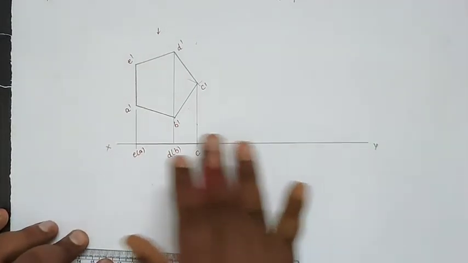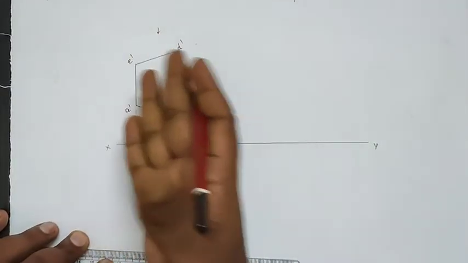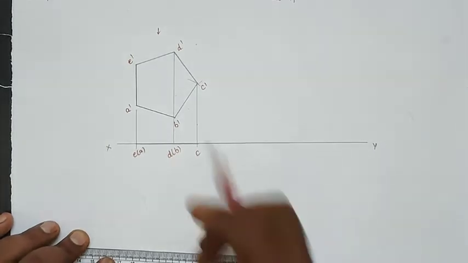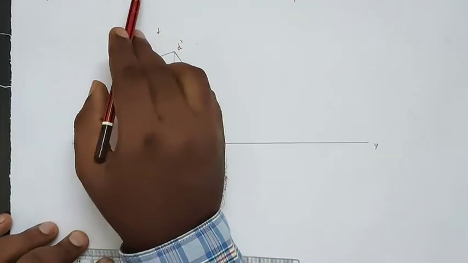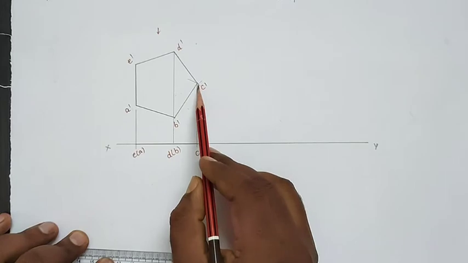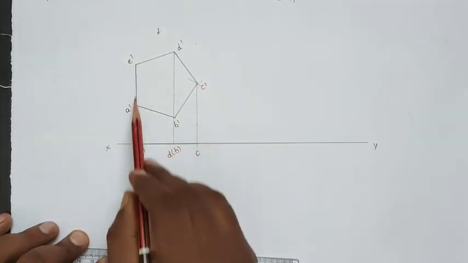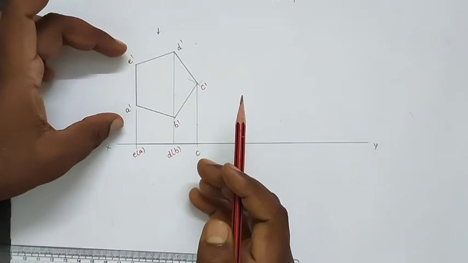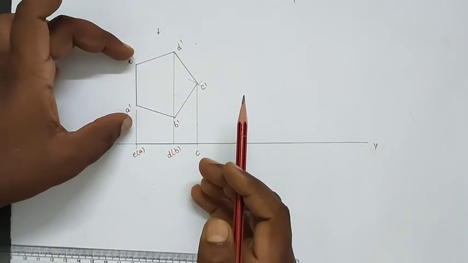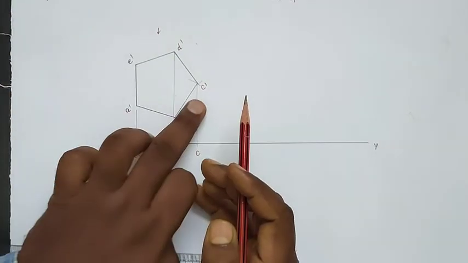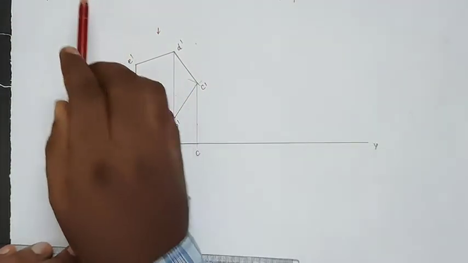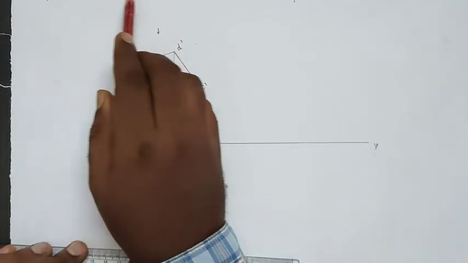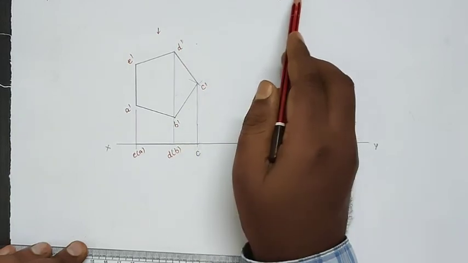Now we will go into the surface inclination position, but they are not giving the surface inclination, but they are giving the corner opposite to the edge. So what is the corner opposite to this edge? So what is the edge here in the diagram? So EA, that is E dash A dash, is the edge. So opposite to this edge, the corner is C dash. They are giving that side.